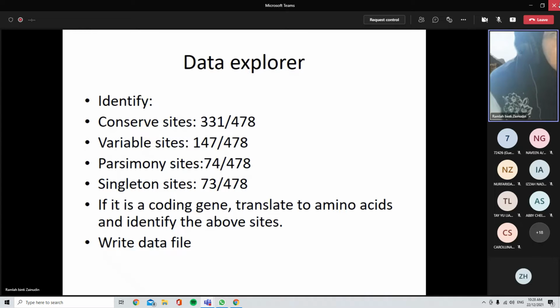So only the specific ones will give you the information. So the more parsimony data you get, the better the result. This is why this information is important, because you want to indicate whether the marker that you use, the target gene, is a good marker or not,